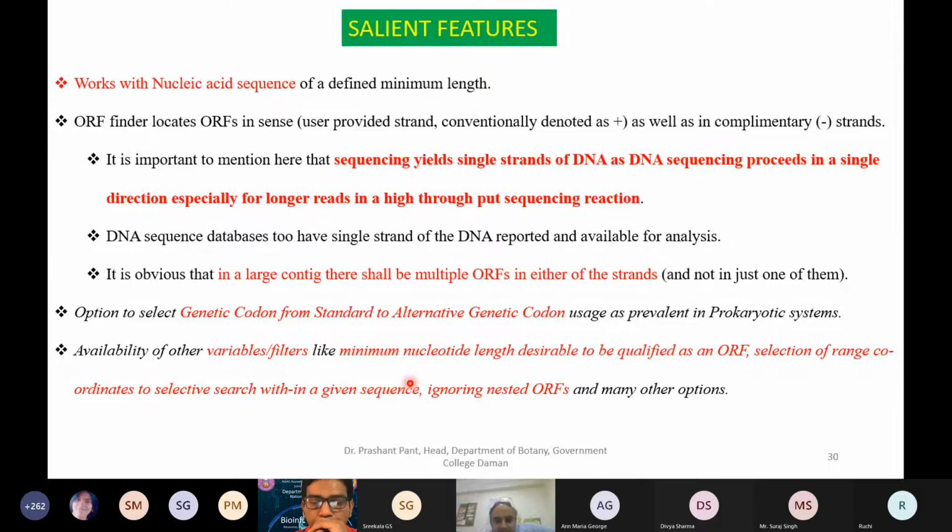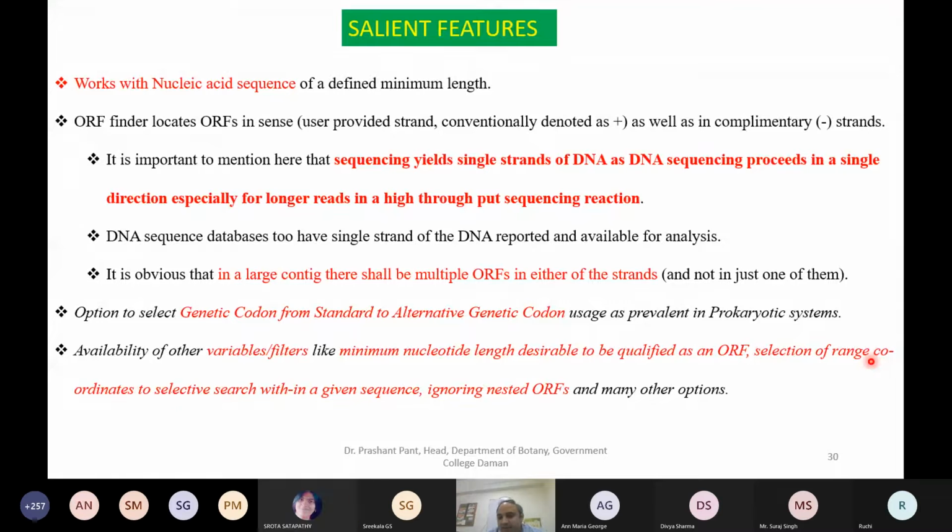Then you have the selection of range coordinates. If you have a very long sequence and you just want to focus on a very small region, say from the 500th base to the 1000th base, you can do that. You can select a range coordinate to selectively search within a given sequence, and that way you can minimize your work.